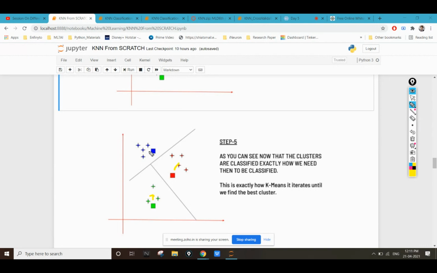I move this blue point to this particular position in the center. Now, if I move it again at the new centroid position and again calculate the category, I will again get the exact same result.